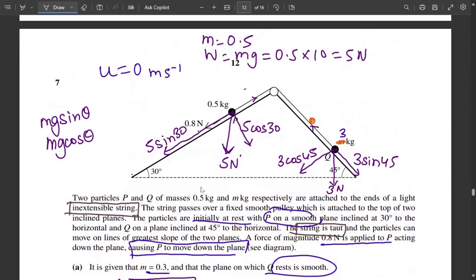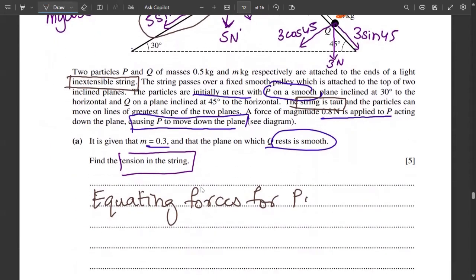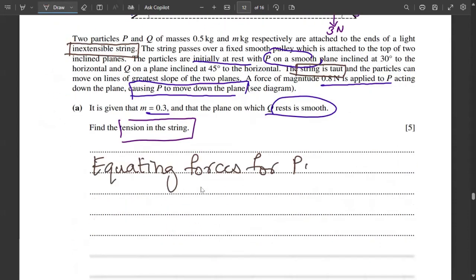So what are the forces acting here? This is tension. Then this is tension. So the forces acting parallel to the slope on P are these: two forces acting on the left and one force acting to the right. And which is positive? This one, the force acting downwards. So 5 sine 30